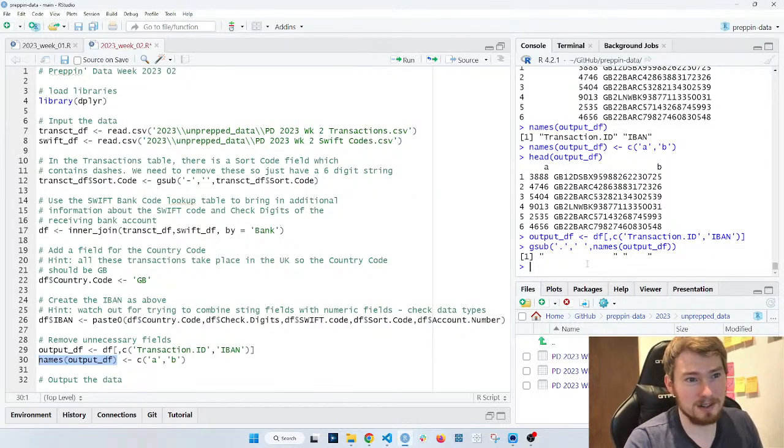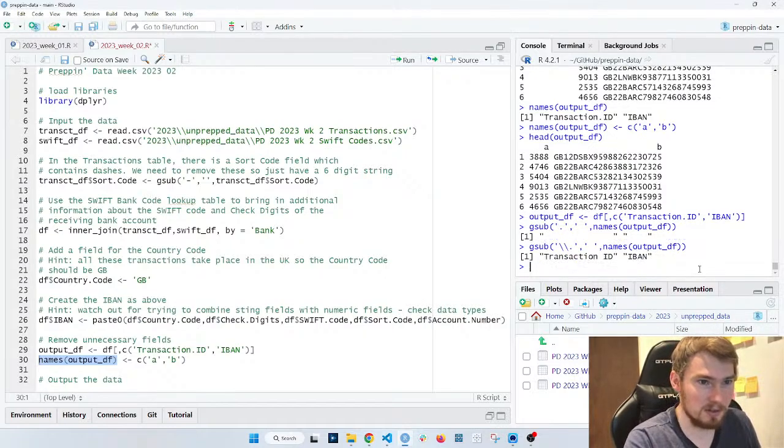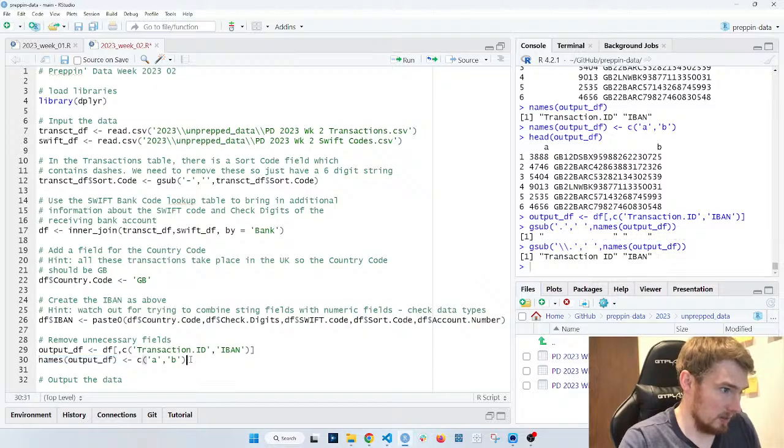Because of regex, any dot just describes any character. So how I can get around this is by using a backslash to denote that it's not meant to be a special character, but the actual character for dot. Okay, yeah, that worked. So I'm going to take that and put that in there.